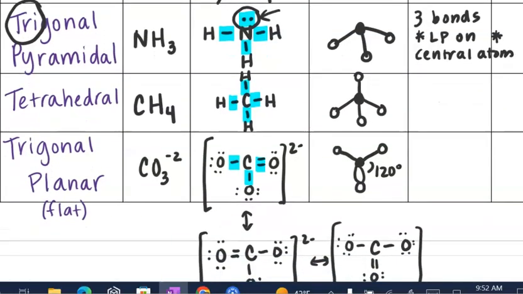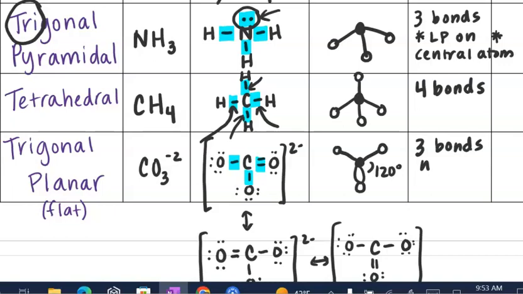Tetrahedral. This one I think sometimes is the easiest because it's the only one that has 4 bonds from the central atom. So again, when I'm counting bonds, I'm saying how many atoms it's bonded to from the central atom, okay? And finally, trigonal planar, 3 bonds with no lone pair on the central